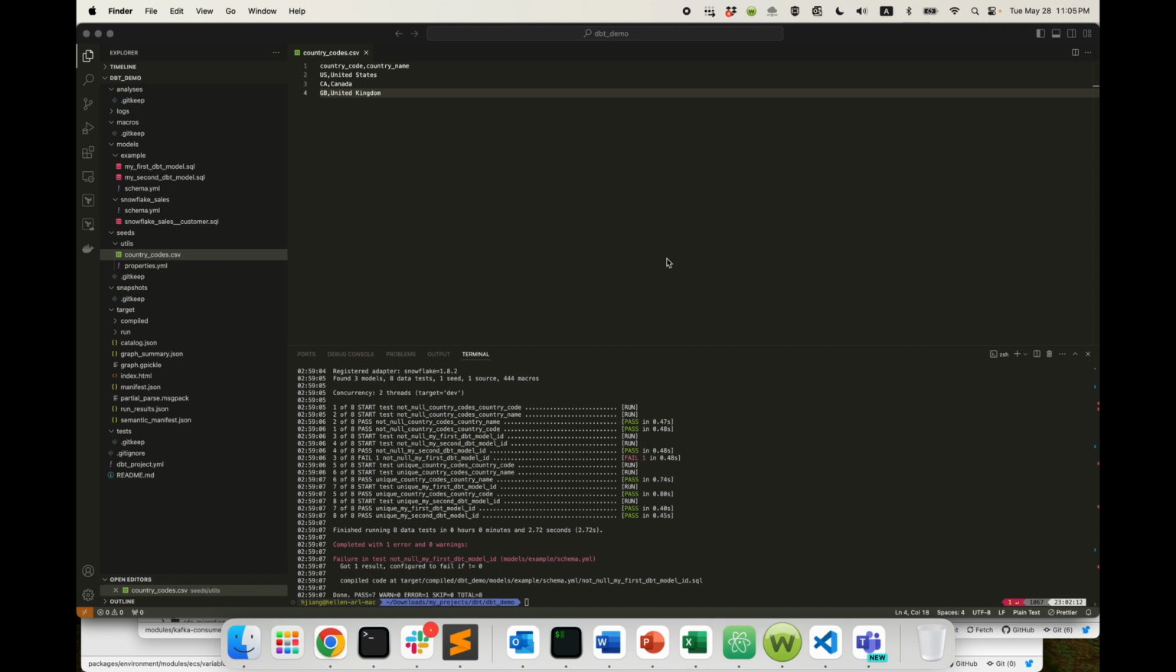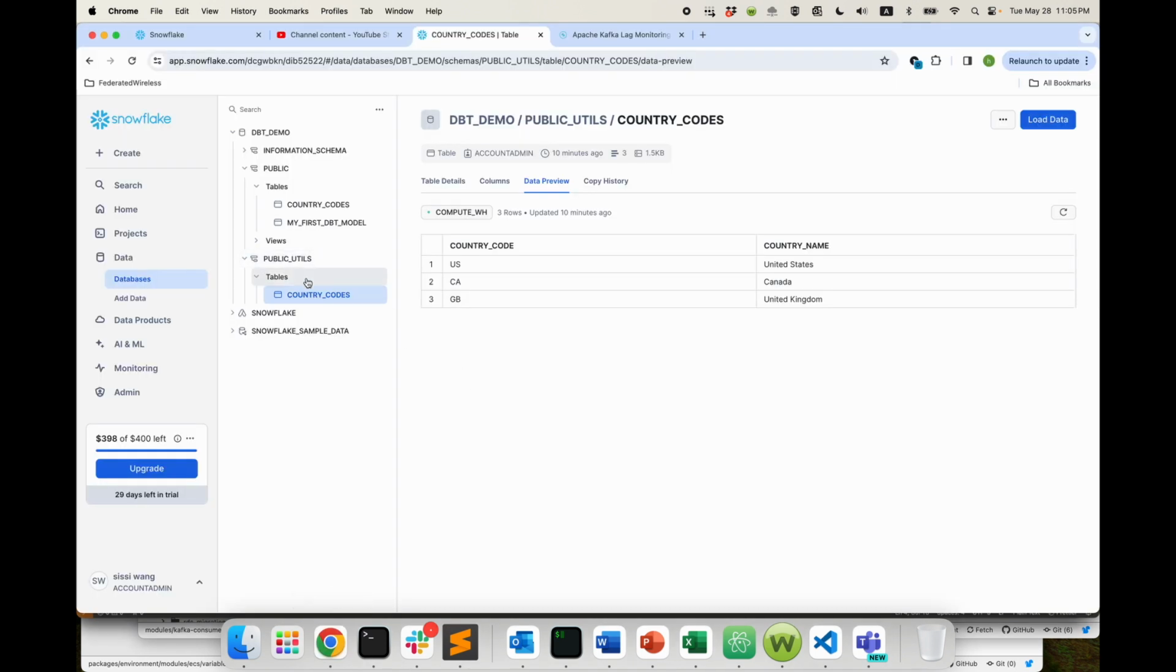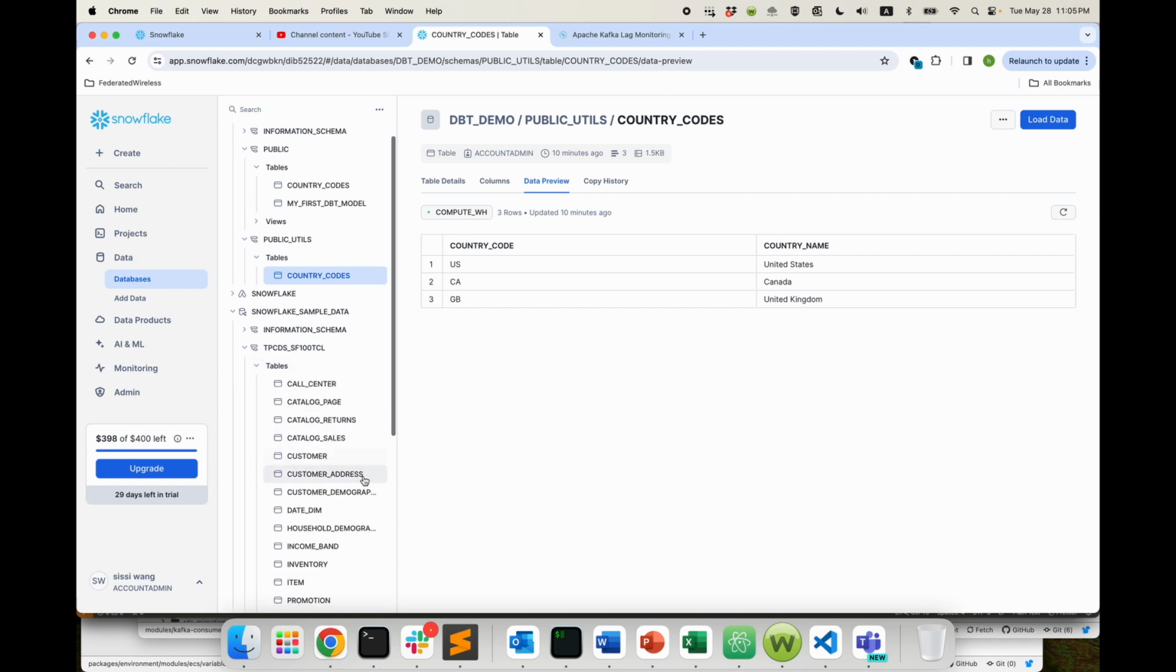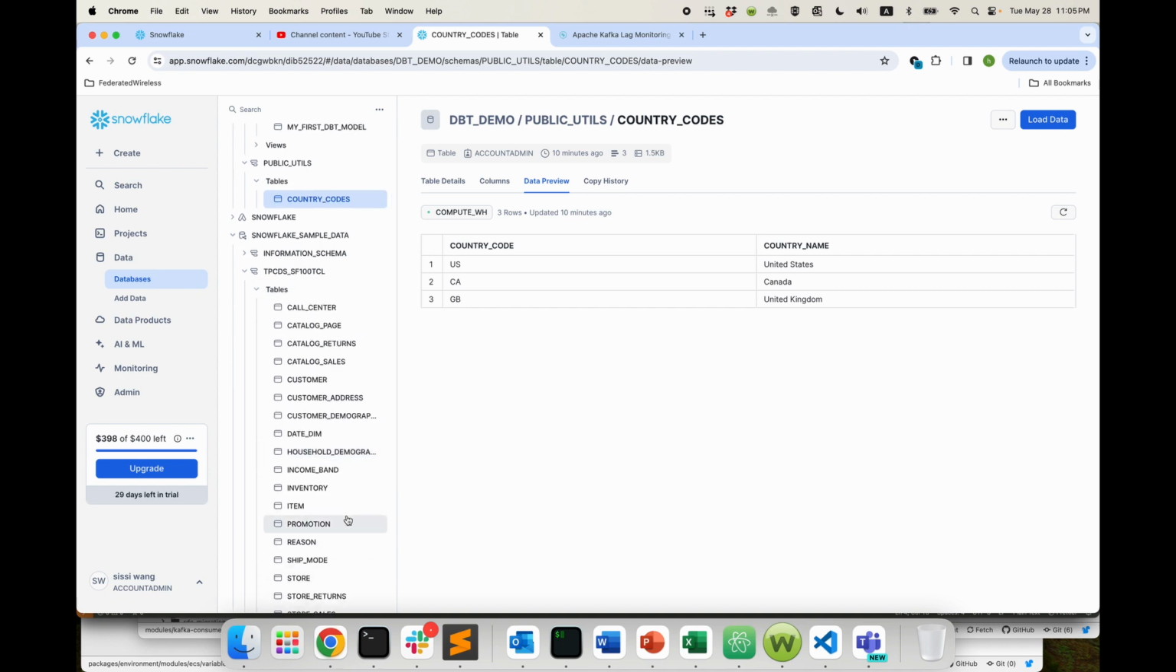The question is, how should we use it? The usage for the seed data is simple and also easy. I will show you in an example. So we have the country code and the country name. Let's go to the Snowflake sample data. We have some data that we can use here. For example, in this table, let me check the